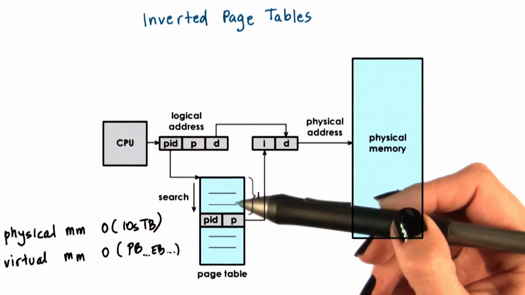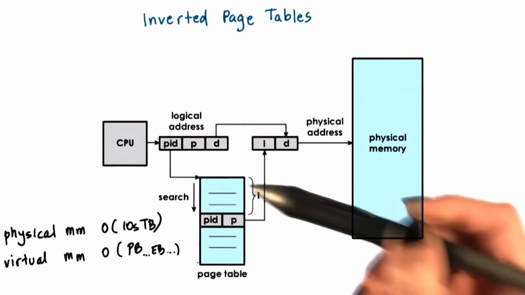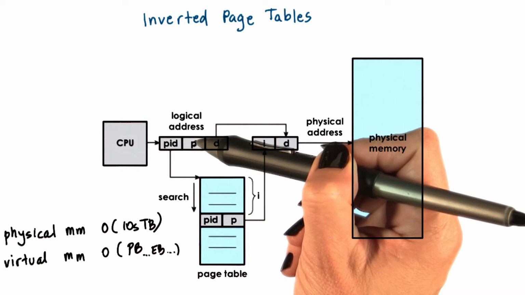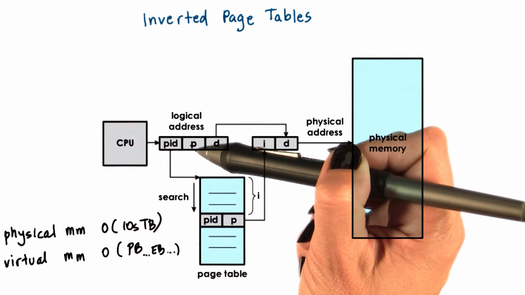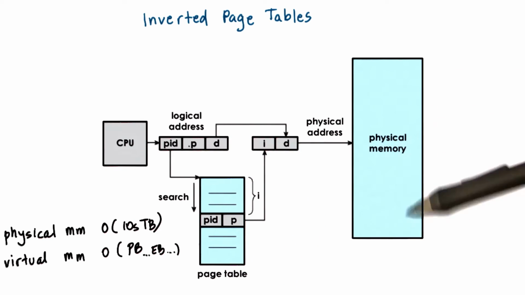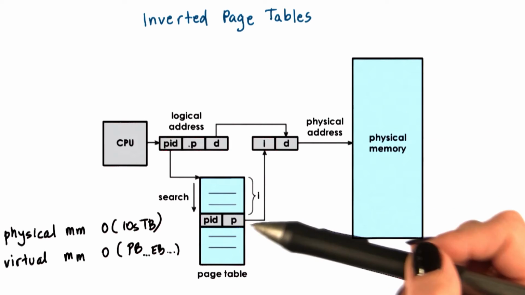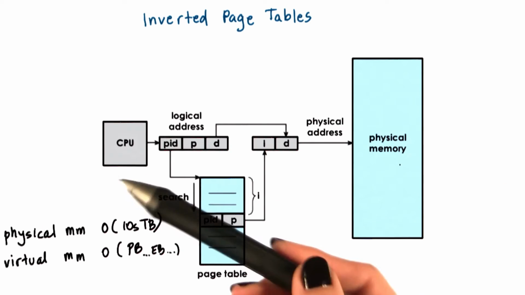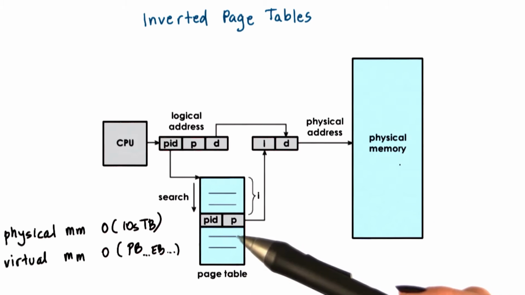The problem with inverted page tables is that we have to perform a linear search of the page table to see which one of its entries matches the PID and P information that's part of the logical address that was presented by the CPU. Since the physical memory can be arbitrarily assigned to different processes, the table isn't really ordered. There may be two consecutive entries that represent memory allocated to two different processes. And there really isn't some clever search technique to speed up this process.